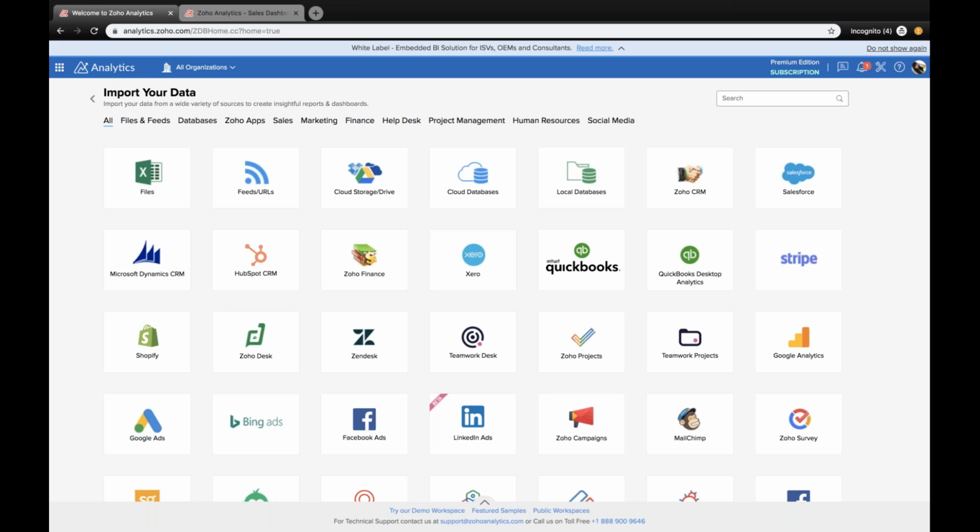Apart from integrating with the business applications, if you have your records somewhere in the cloud database or in the local database, you will be able to import them as well. So for today's demonstration, I'm going to get my data from the cloud drive. In order to get the data from cloud drive, I can choose the corresponding option here,